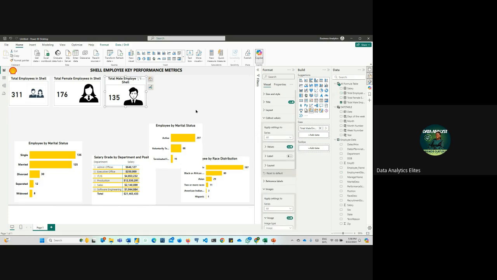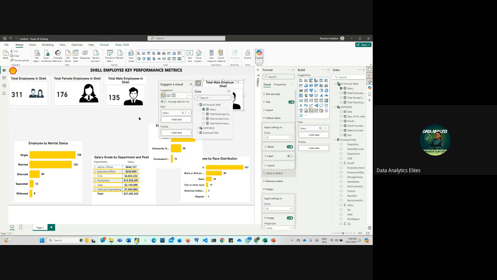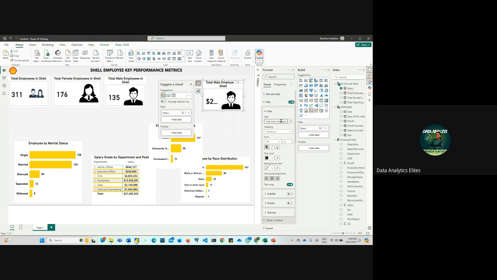So we have a card for salary already. So Control C, Control V. You understand? Just change this one from total employees, add data or formula, click on salary. You have your salary, and then change the title from total male employees to total salary